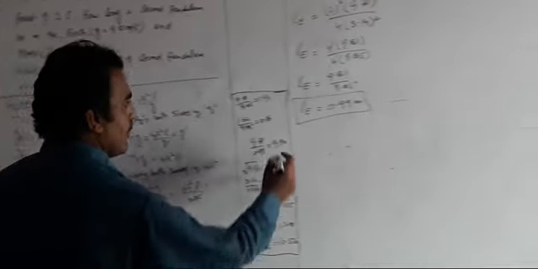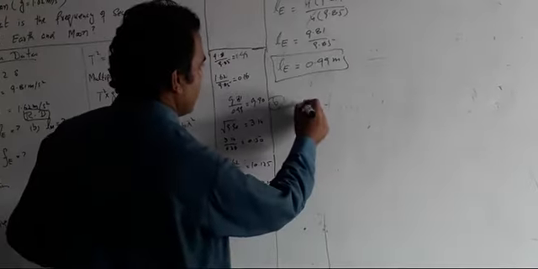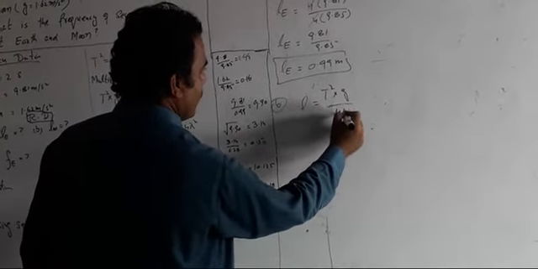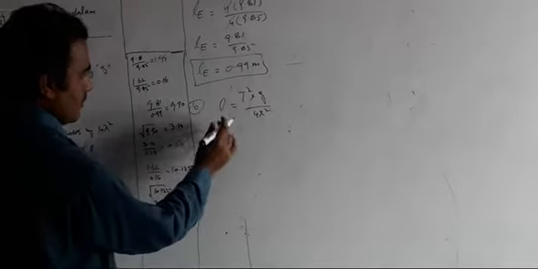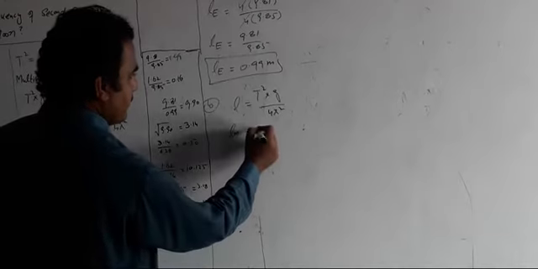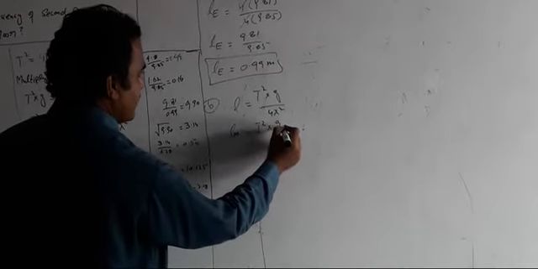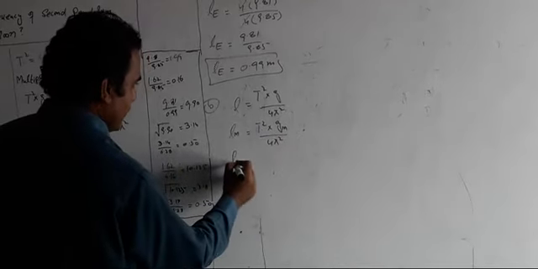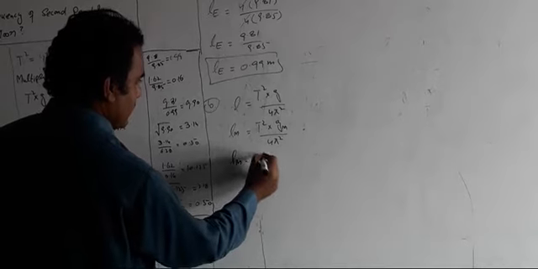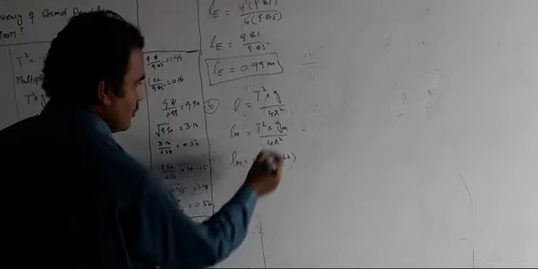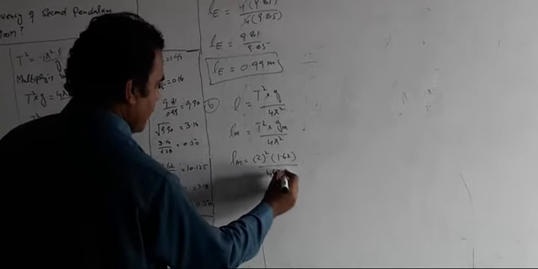Now for solving part B, I will write this equation: length of the pendulum is equal to T squared multiplied by G divided by 4 pi squared. For the moon, we will write a capital M subscript to the length, and T squared multiplied by G with a subscript M divided by 4 pi squared. So putting the values in this equation, we get T squared is 2 whole squared, and the value of G here is 1.62 for the moon, divided by 4 into 3.14